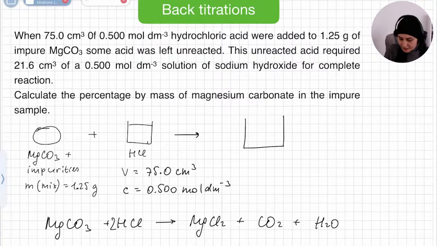The unreacted acid required some sodium hydroxide. So you see here, we know that the acid was added in excess, right? So we have some unreacted acid. We have MgCl2 solution, aqueous, and obviously it would not be as a separate layer, but just to show you, this is unreacted acid,